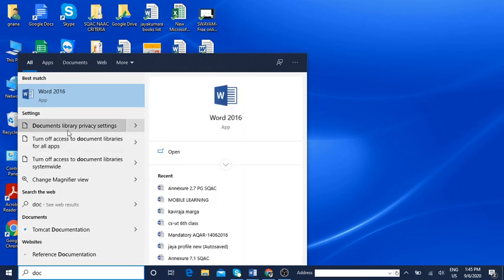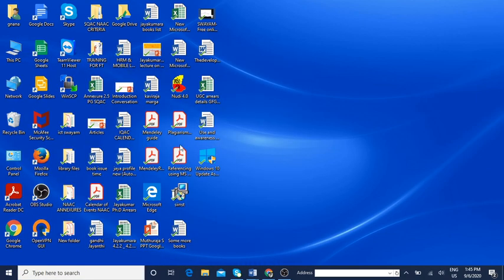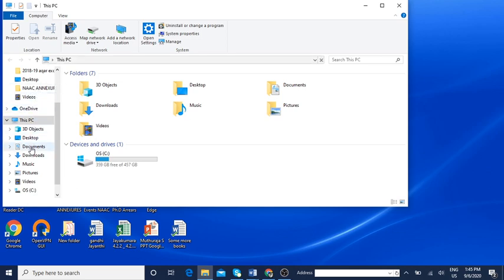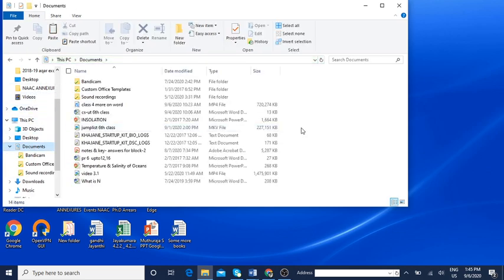So documents, either you can search like that or if you go to the file explorer, then you will get the documents. That's the other thing. See, documents. So documents also holds the files and folders.